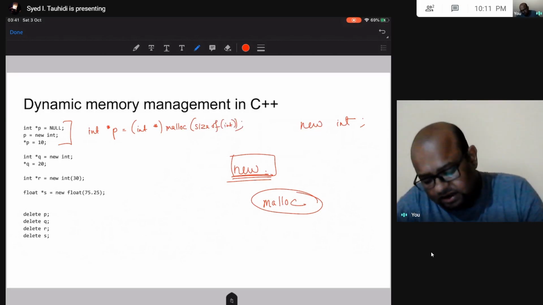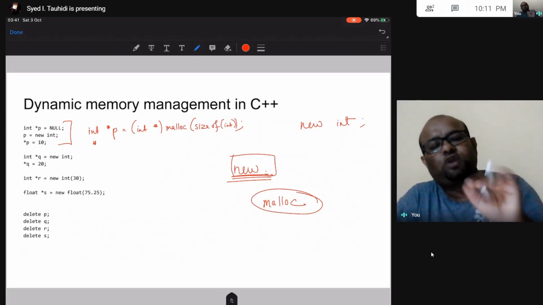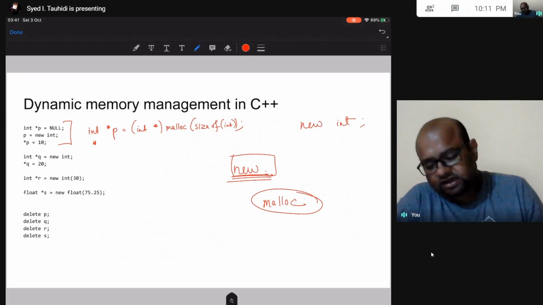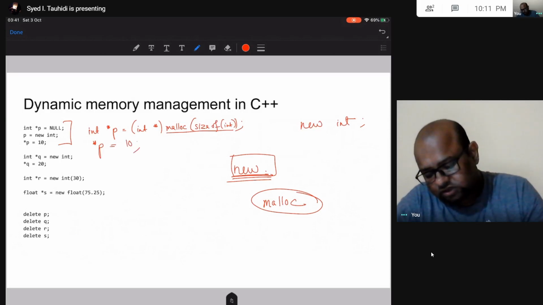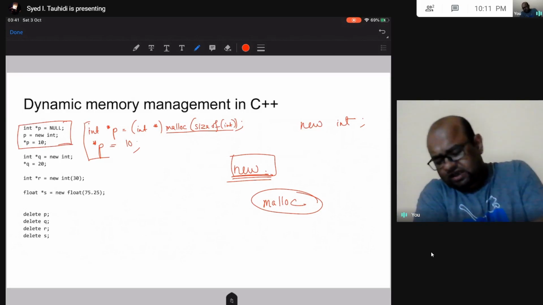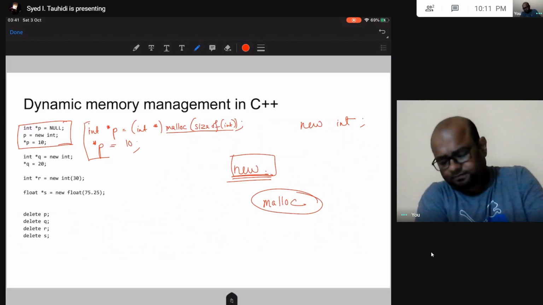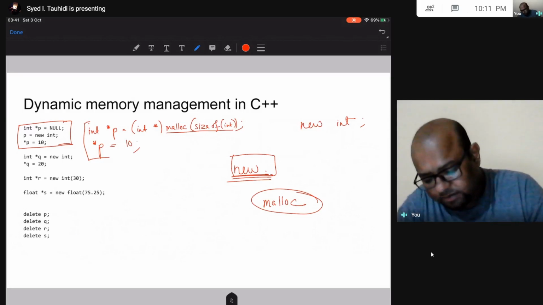Alright, and then this would create this pointer variable p, which will point to this memory that is allocated in heap to store an integer. Okay, so p is pointing to that memory in heap, so I am going to use *p = 10. So this is how I would have written using malloc, and this is how I write using new. Okay, so new is, you can see, very much simpler. And it is going to get even more simple. Let's go one by one.